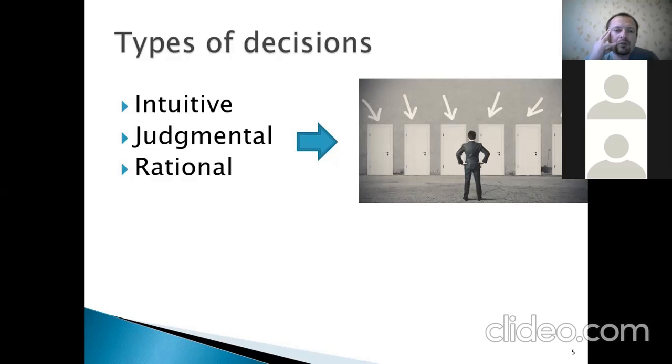Generally, you are right, completely right, because you might remember that we have a contingency approach to management, no best way. So from this point of view, you are completely right. But generally, the rational decision has, I would say, a bigger probability to lead to profitability.